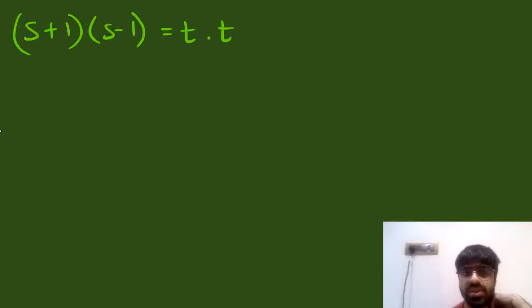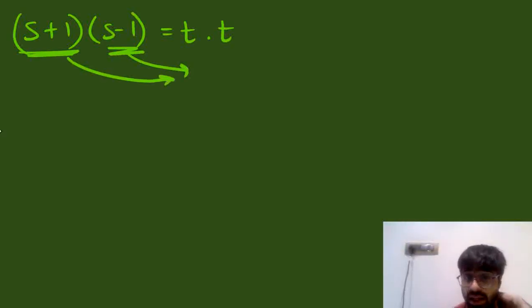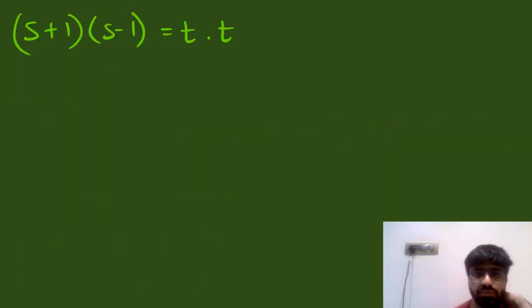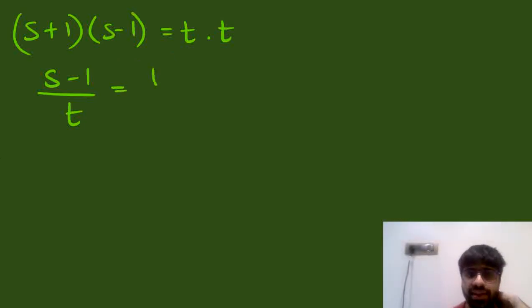Take one of those terms, that is either this or this, in the denominator of the right hand side. Now which term to take depends on the question. In the question you need sec theta plus 1 in the denominator. So try to keep sec theta plus 1 in the denominator of the right. So we have sec theta minus 1, bring one tan theta in the denominator here. So sec theta minus 1 upon tan theta would be tan theta upon sec theta plus 1.